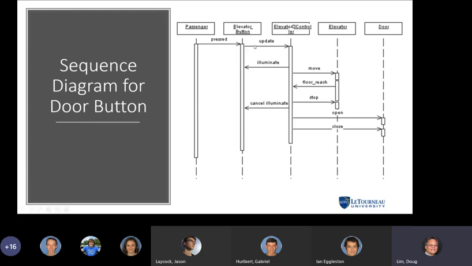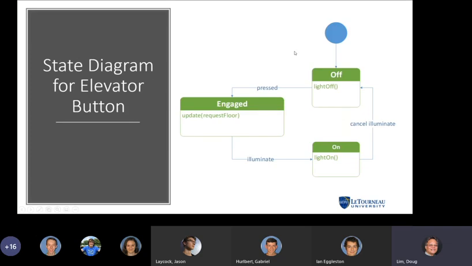It goes from the elevator button to the elevator controller, and that is exactly what is being represented here in the state diagram: I'm doing the update command, requesting a floor. The next state is that it's illuminated. So it's time to go ahead and illuminate.